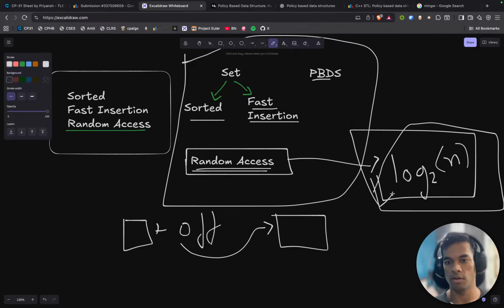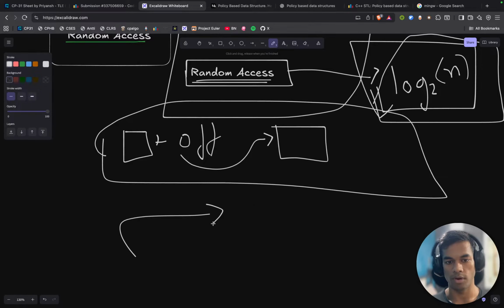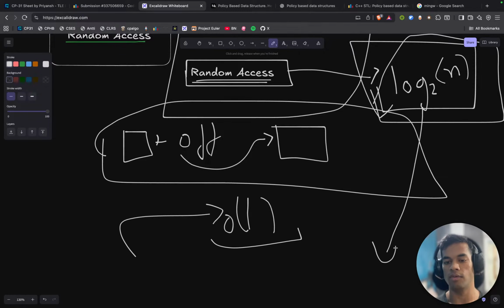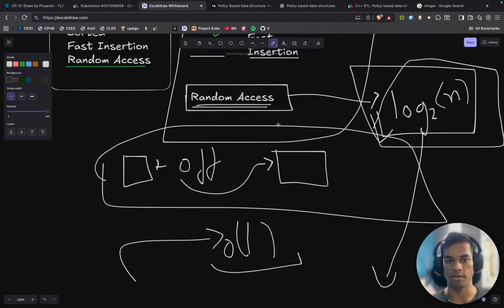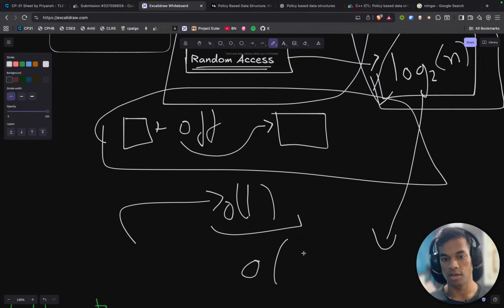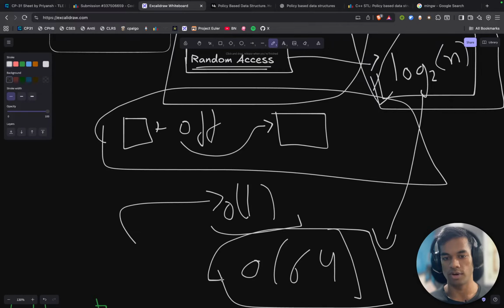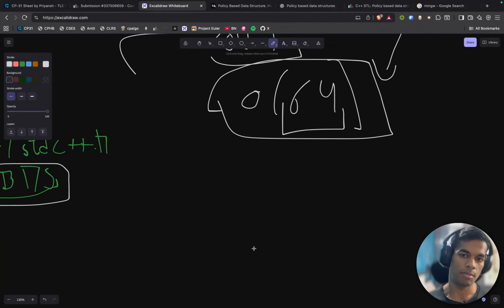In genuine random access, the time is constant. But let's say you have quintillions of elements in your set, at max you are going to go through 64 different nodes, because this is basically binary search,